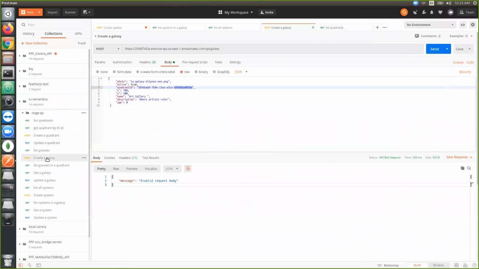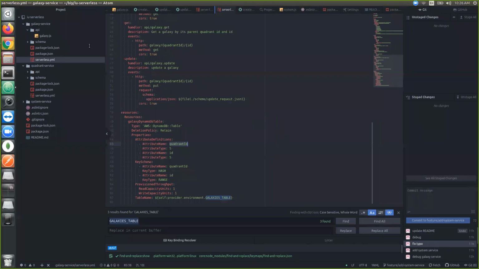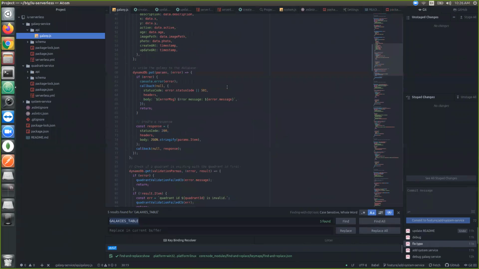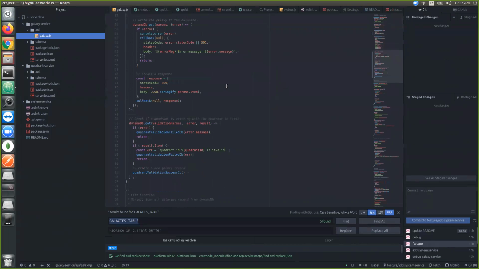But if we want to create a Galaxy with the wrong coordinate ID, what will happen? Give it fake. Okay, it will give you another error message. Couldn't create the Galaxy item. Error: coordinate ID is invalid. So all these error messages we can define in our functions, like here,